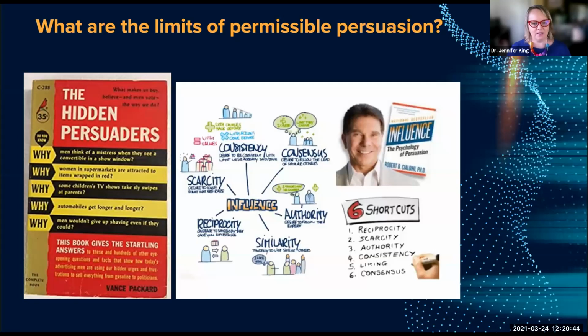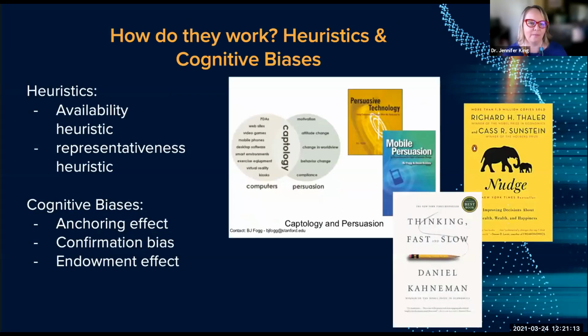More recently, in the 1990s, we saw the work of Robert Cialdini. Cialdini is a former academic turned consultant, and he works in the field of consumer psychology. He did a lot of work in decomposing what makes persuasion persuasive, and I encourage you to look at his work. His book, Influence, which is the picture I have here, is really a classic, and it decomposes exactly how persuasion works. It's actually a really good read.